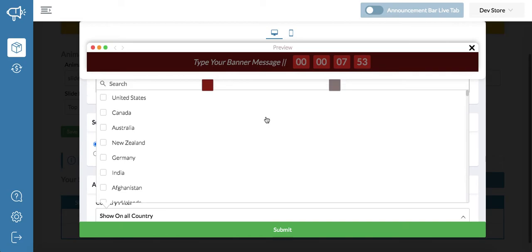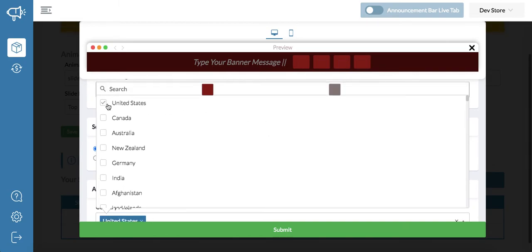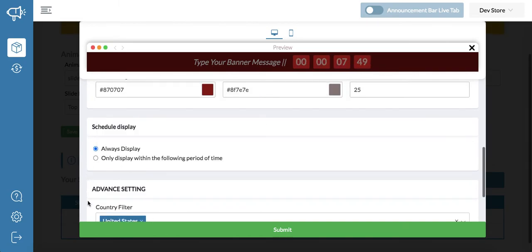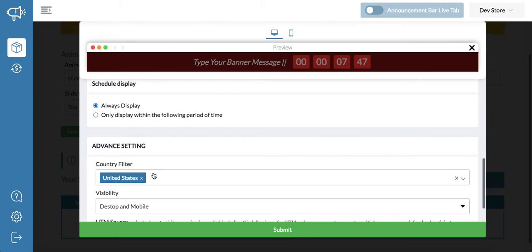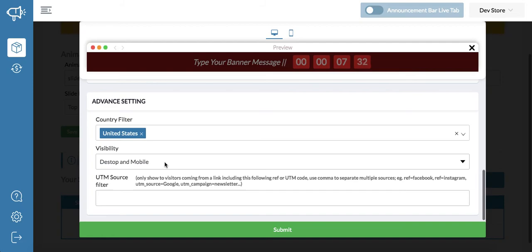In that case you can enable one slide for the United States. And you can also create one more slide, let's say you are setting a different rule for Canada. You can add a different slide, and these slides are visible depending on whether your customer is from Canada. This feature is also mostly paid on all the sliders.